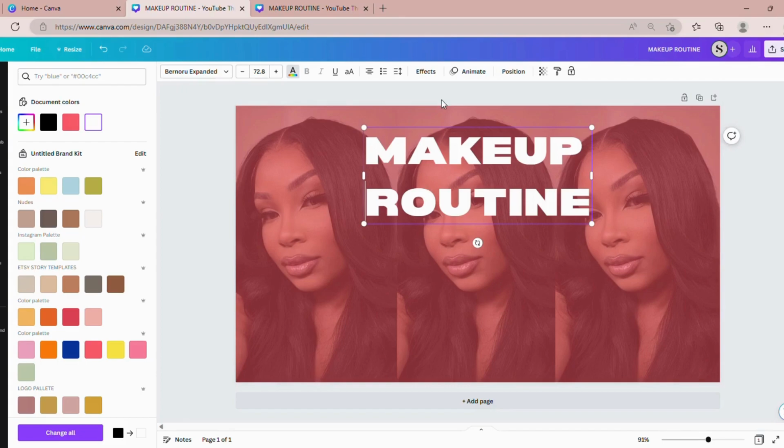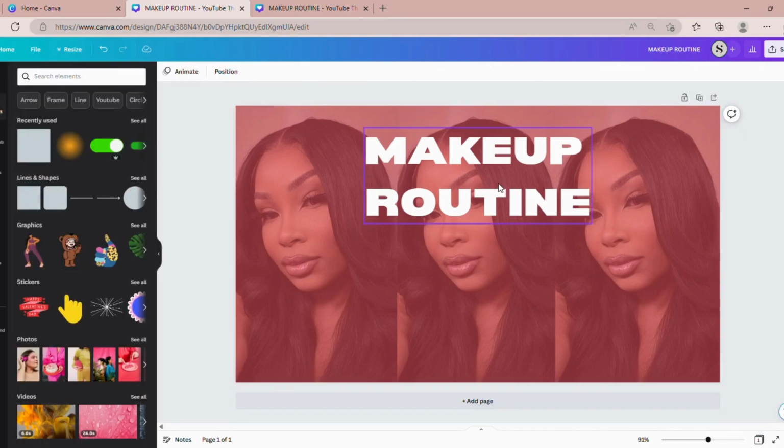I'm just going to go add in effects. So sometimes with Canva, I want to make sure that I add in the effects to the whole word. So you just want to make sure that this whole box is highlighted and you don't see the white blinking text line behind either one of these words, because then it'll only change that one word instead of the whole entire text. So anyway, once I have my text highlighted, I'm going to go to effects